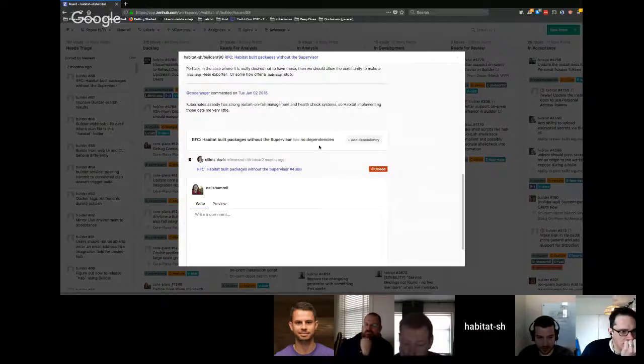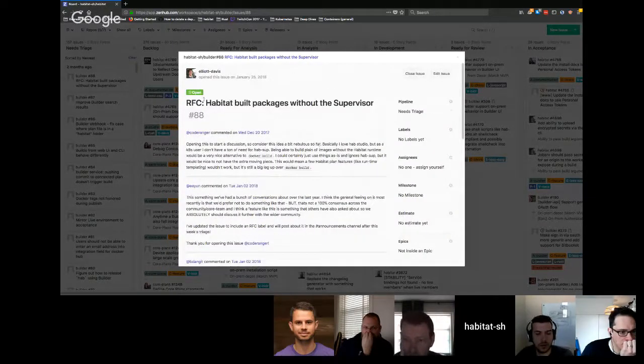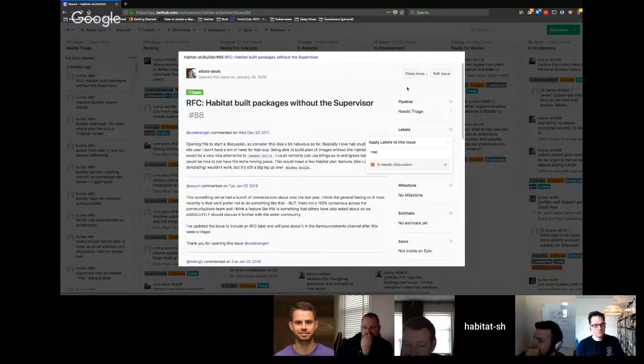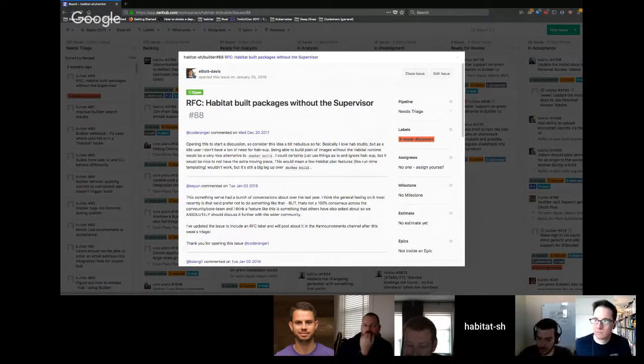Okay. It sounds like a feature request to me, though it's also an RFC, so not certain on that. I mean, we can always label it needs discussion if we're still doing that. Yep. For these, be sure to add the needs discussion label.